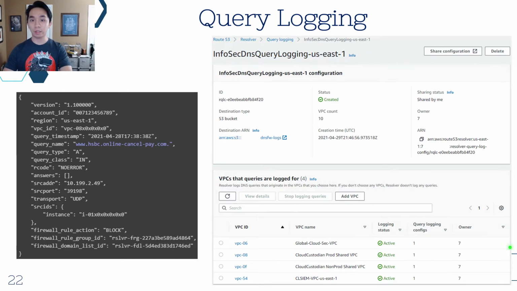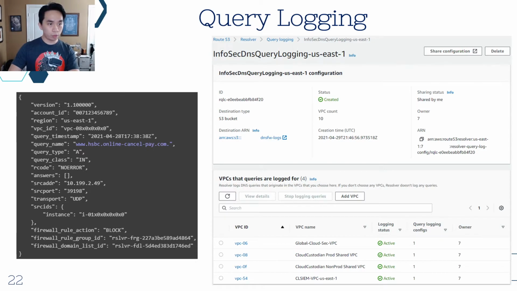Then you create a query logging configuration. The destination of the logs can be an S3 bucket, or a CloudWatch log, or Kinesis Data Firehose, I think, yeah. And then similar to what you have to do with the root group, you have to add VPCs into the logging configuration. And then you can also share the configuration with other accounts, right?